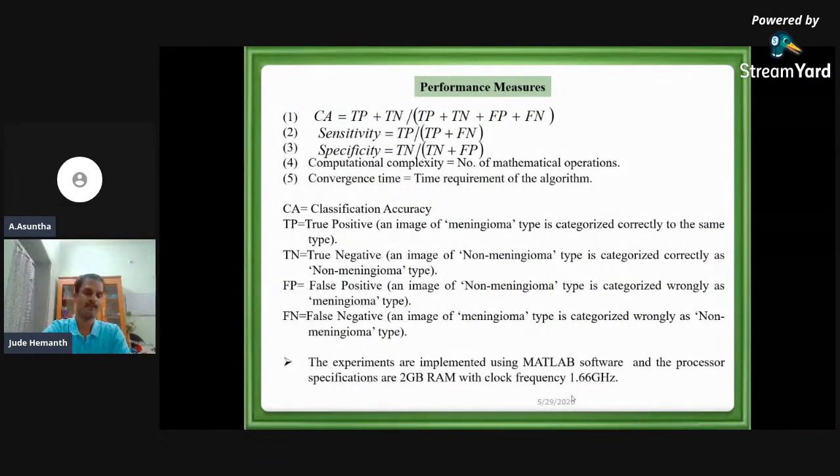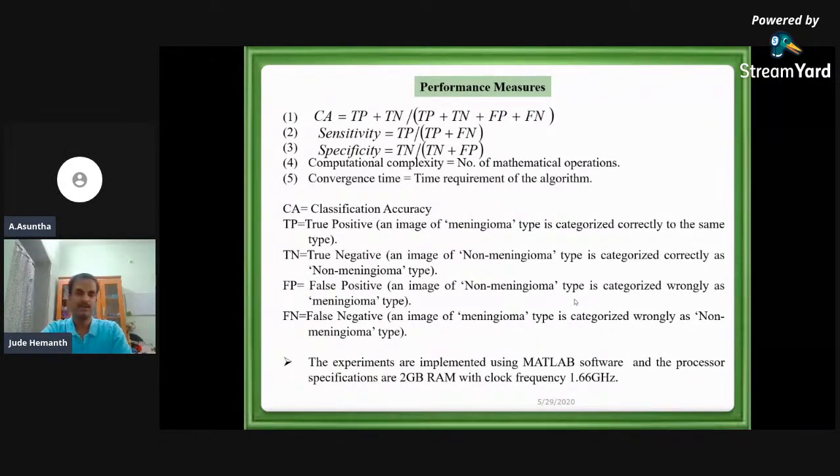Sir, one second, sir. Yes, ma'am. The PPT font size is very small, I think. Participants are saying it is not clearly visible. If I increase the font size, it may go beyond the frame. Okay, sir. Should I increase that? No, sir. For tomorrow we'll see, sir. You can proceed, sir.